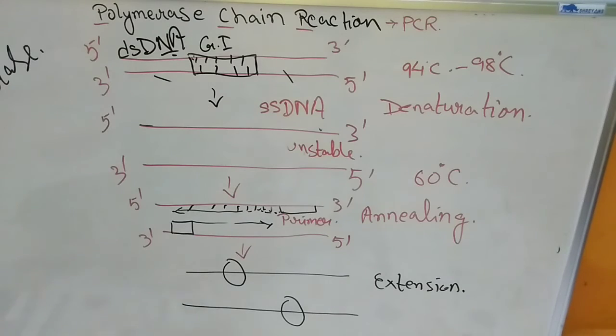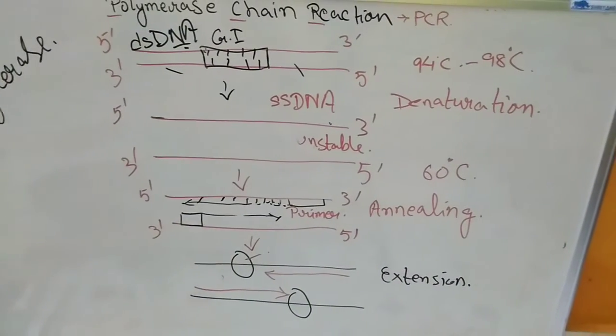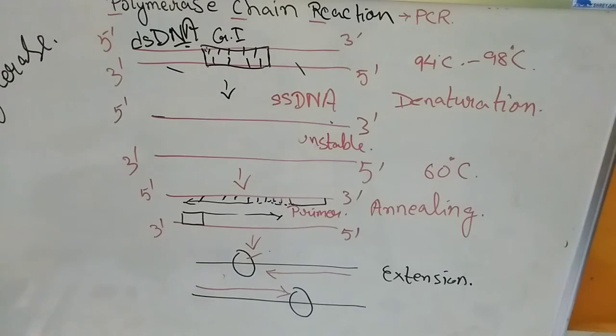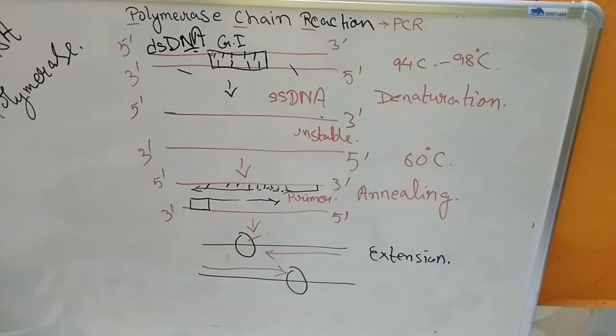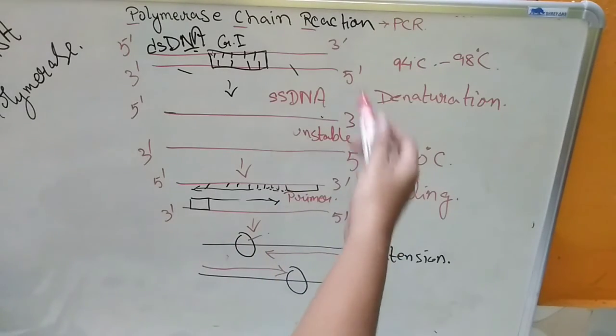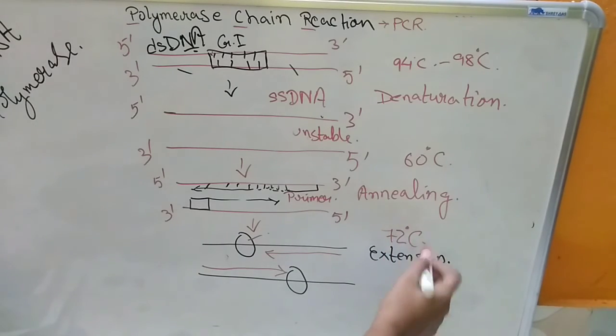Okay, so over here the new strand will be forming. So now this is the polymerase. Now student, in this PCR technique, there is a special thing about the DNA polymerase. Normally the DNA polymerase will not work under these high temperatures. PCR sees a lot of fluctuation in temperature, starting from 94 degrees centigrade, then 60, and the last step will be taking place at 72 degrees centigrade.